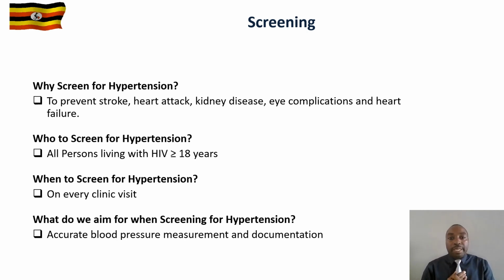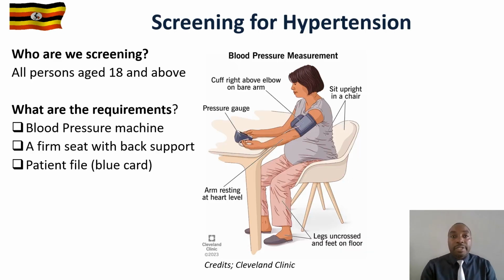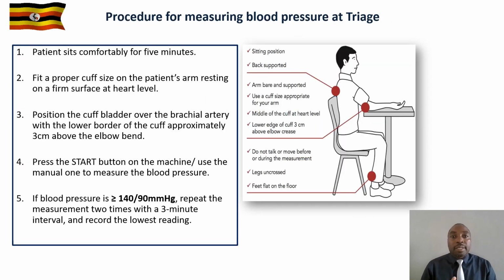What do we aim for when we are screening? We aim for an accurate blood pressure measurement, and we have to document the reading. As I mentioned, we use a blood pressure machine. The subject has to be seated, calm, and we also need a seat with firm back support and the blue card on which we shall document our reading. So the subject has to be seated with the back supported, then the arm placed on the table surface at the same level with the heart, and then we put the cuff